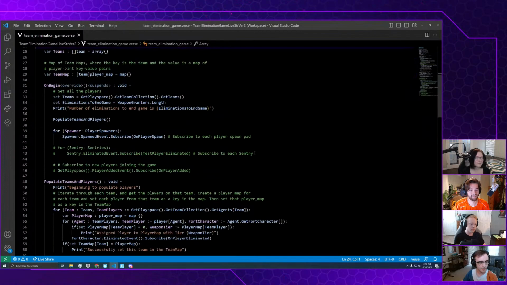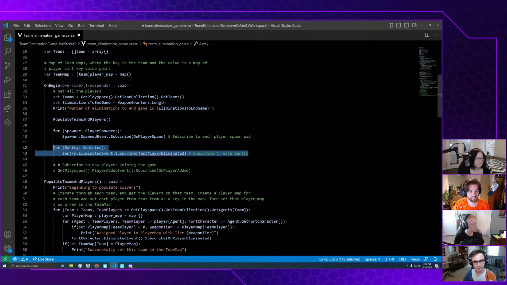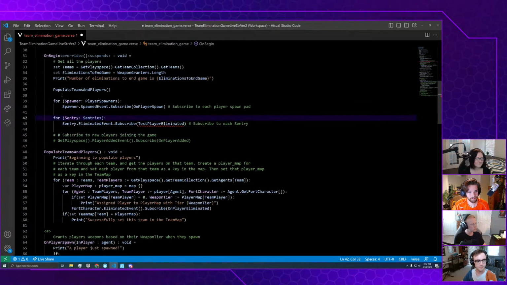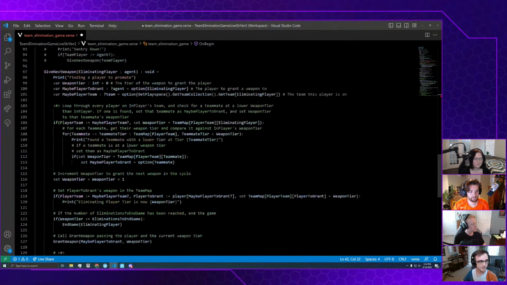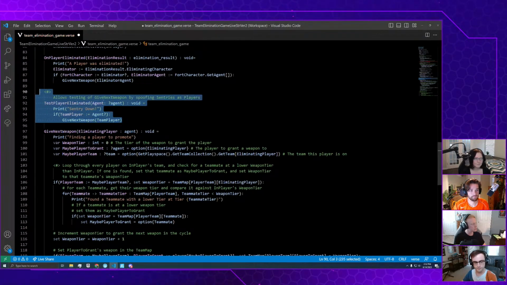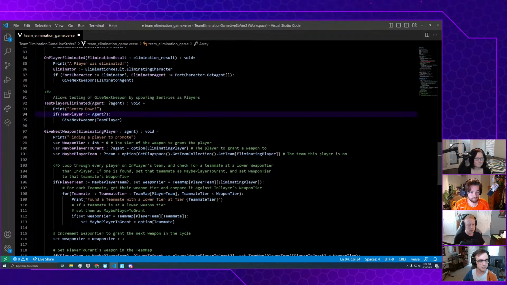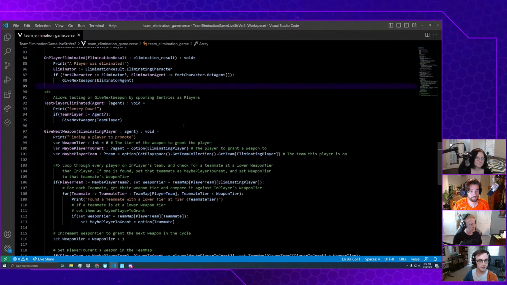So we are going to uncomment and define that now. Same deal as before with the player spawners. In a loop, we're going to subscribe each Sentry's eliminated event to this test player eliminated function all the way down here. All that's doing is checking if there is an agent contained in this agent option, because in the same way, sentries might be eliminated by things that aren't agents, and then just calling give next weapon on them. So if we save this now,